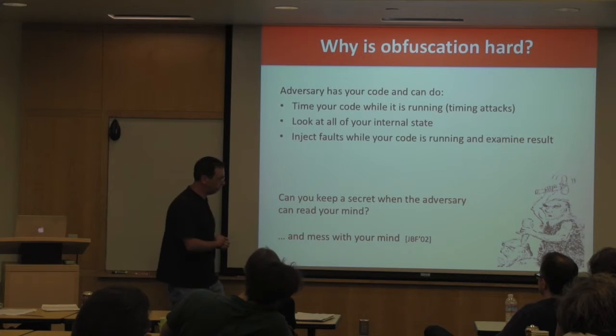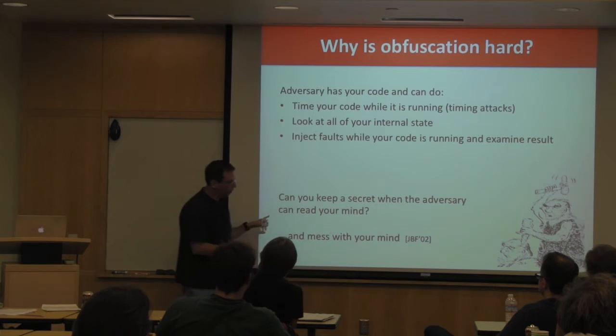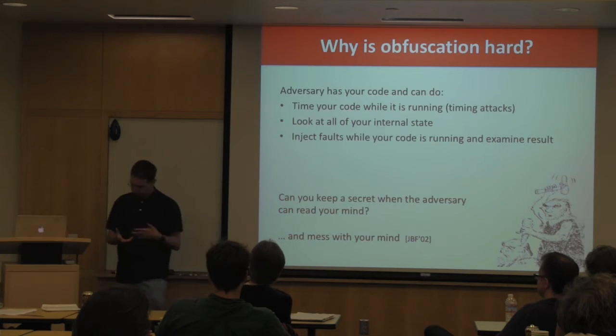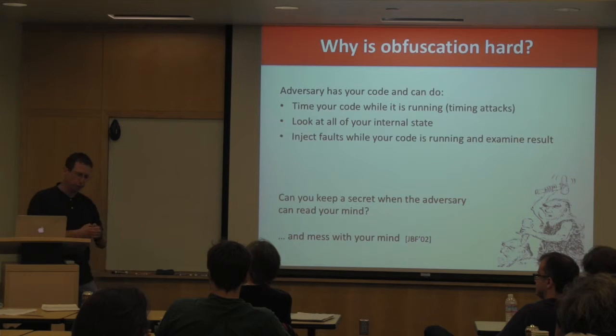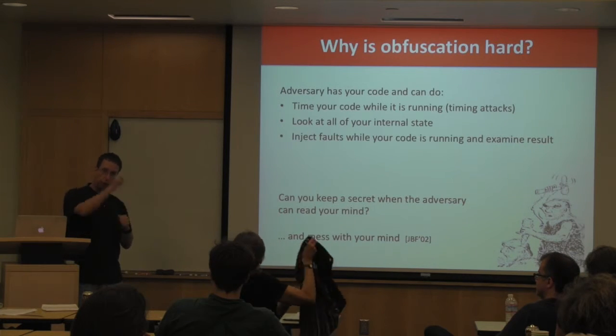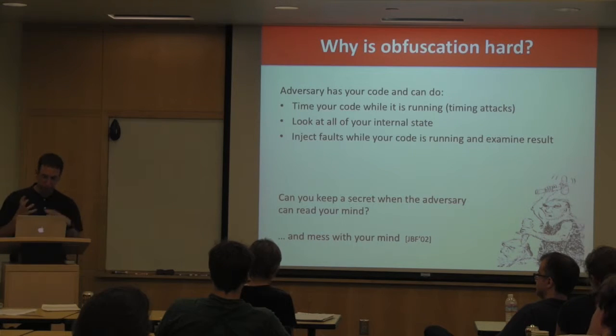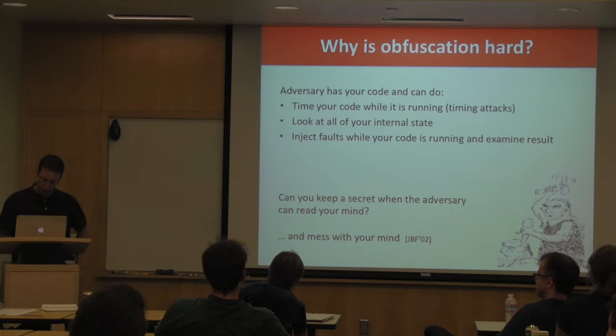And I should tell you that, in fact, there are papers that show that there are ad hoc obfuscation schemes where, if you cause the code to deliberately malfunction, you can actually figure out what secret keys are embedded in the code. This is using something called fault-based analysis, fault-based cryptanalysis.